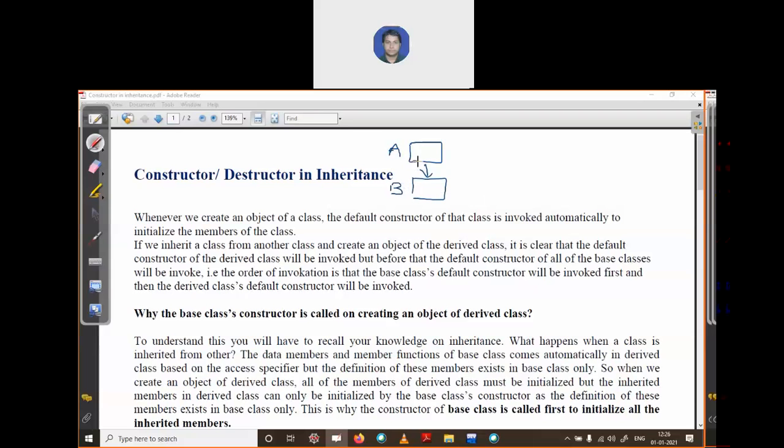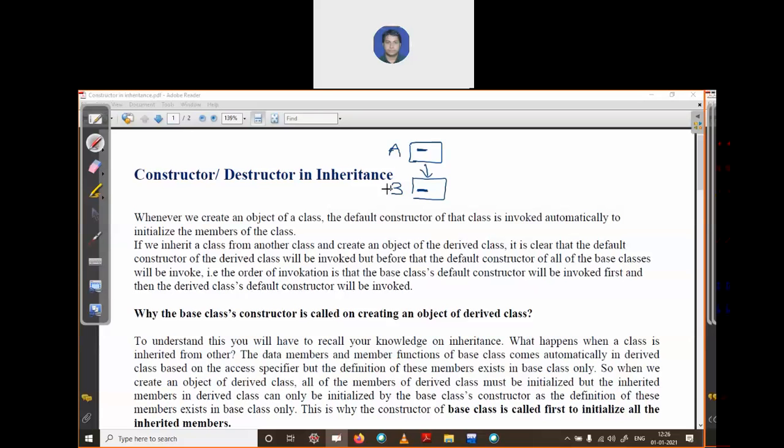When you write a constructor in class A and a constructor in class B, what will happen when we declare two constructors in these two different classes? This concept we will discuss in constructor and destructor in inheritance.